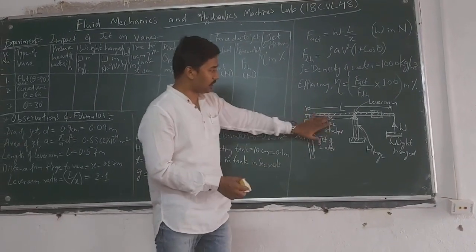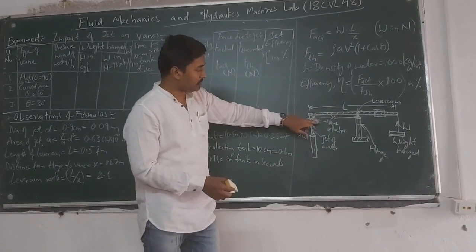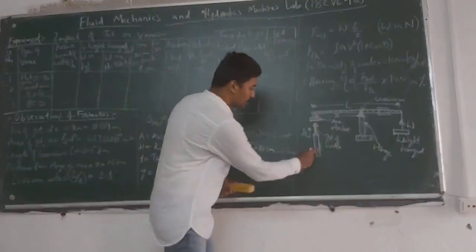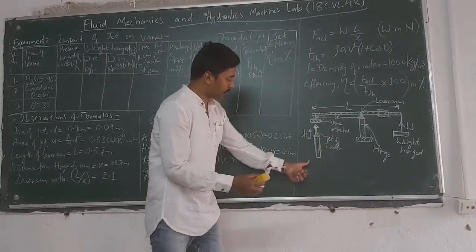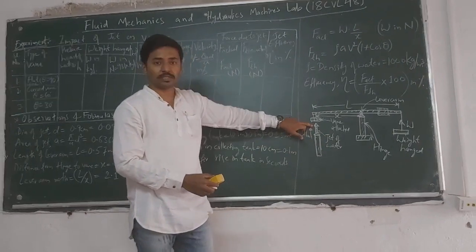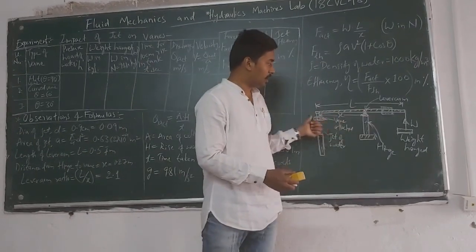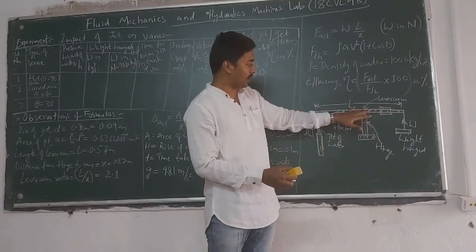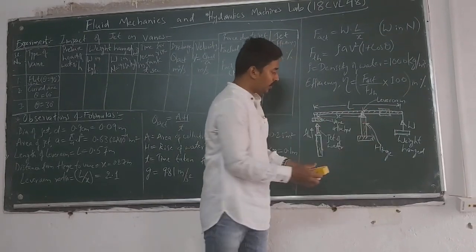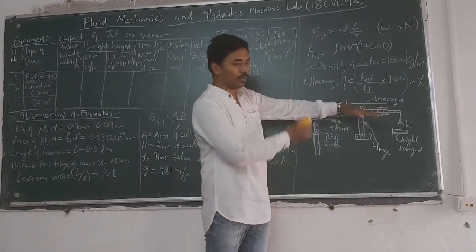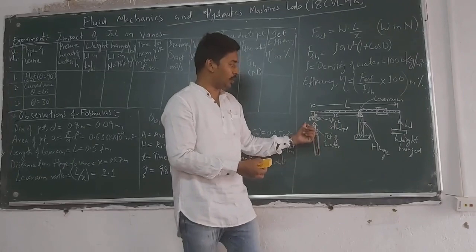Here in the sketch, at this place there is a vane attachment which you are seeing. We can attach different types of vanes. This particular sketch shows there is a pipe out of which a jet of water is coming and hitting the vane attached on the lever arm. This total length is the length of the lever arm. In between we have connected a hinge. On the hinge the lever arm will be rotating, going up and down.